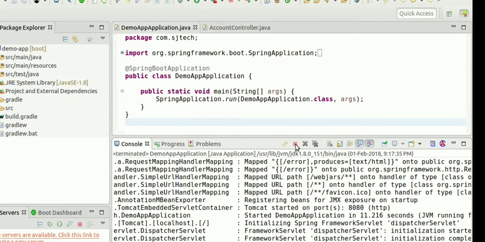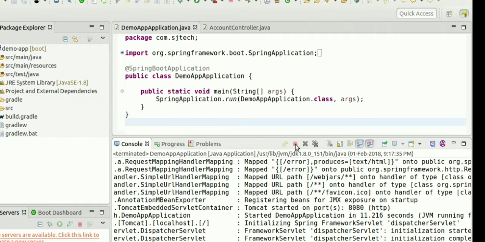Now we'll discuss how to implement a REST API in Spring Boot. To implement it, we will first see the application class. When you create a Spring Boot project with the steps that I have mentioned, this particular class is already packaged into the project. It contains a main method which invokes the run method of the Spring application class. So this is the entry point for your application.